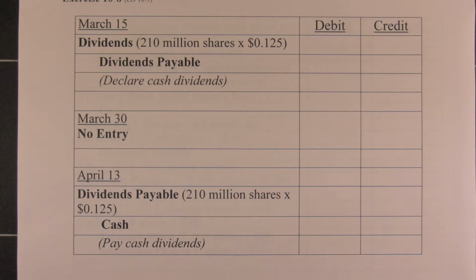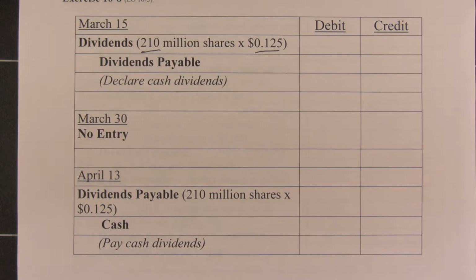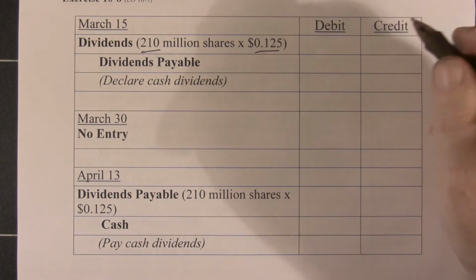Exercise 10.8 gives us an opportunity to play with the various dates attached or associated with dividends. On March 15th, American Eagle Outfitters announces a 12.5-cent per share dividend for its shareholders. They have 210 million shares. Each dividend is 12.5 cents. You multiply that out, that comes to